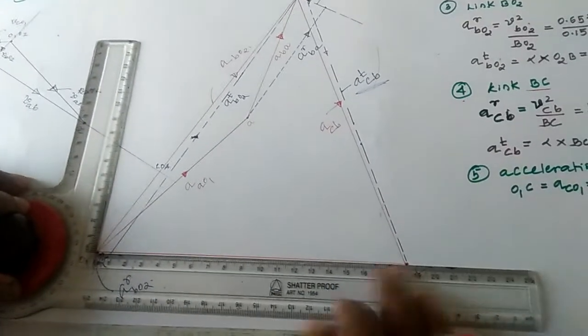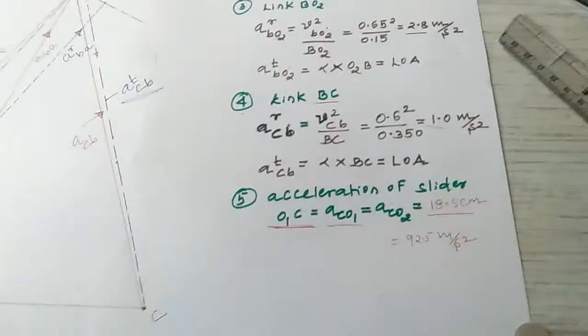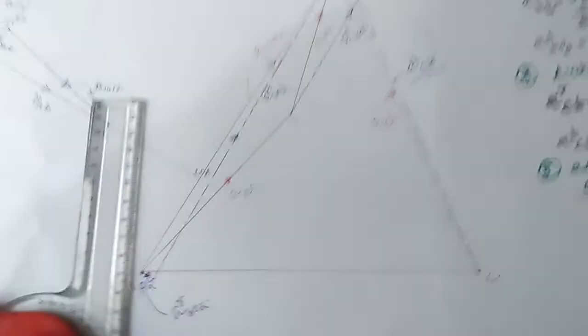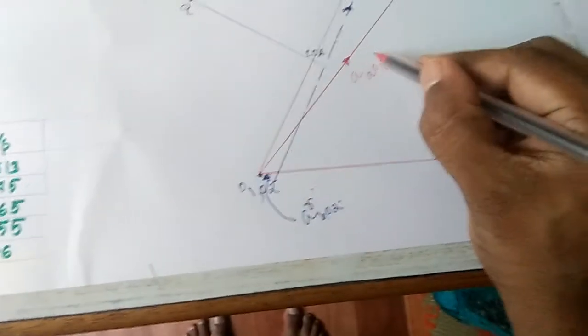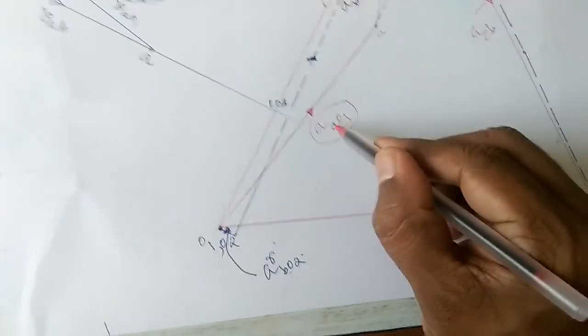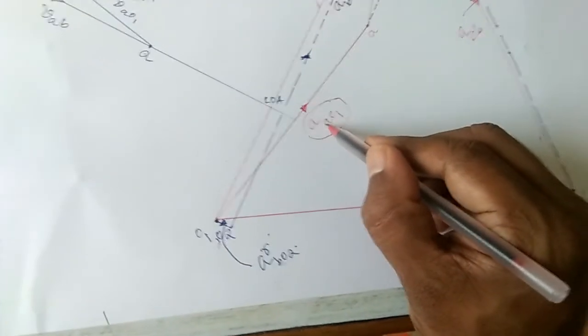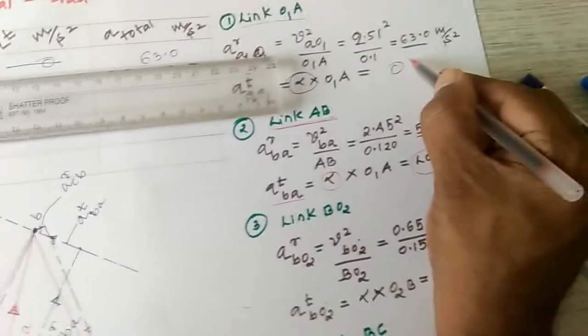Okay, you measure the things and you will get the acceleration they ask for. Can you find it? This one I explained. I will explain the things. This is important. First thing, you have to go for the total. In the beginning you need one total. That's why I have taken total. This is the first case: for link O2, I have taken the tangential as 0.